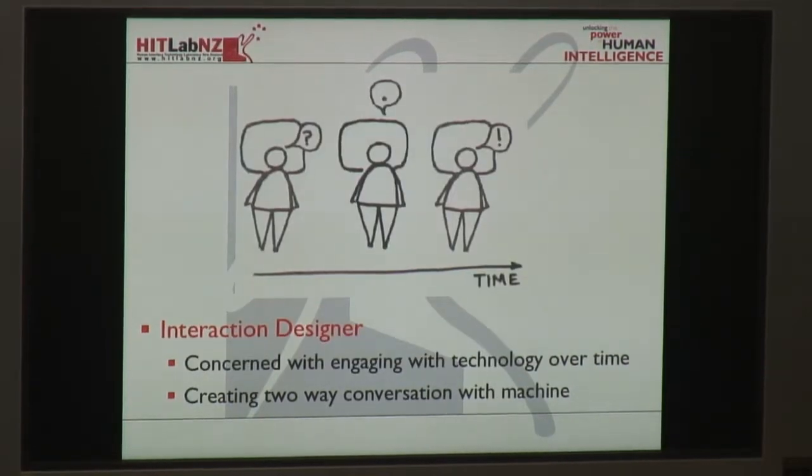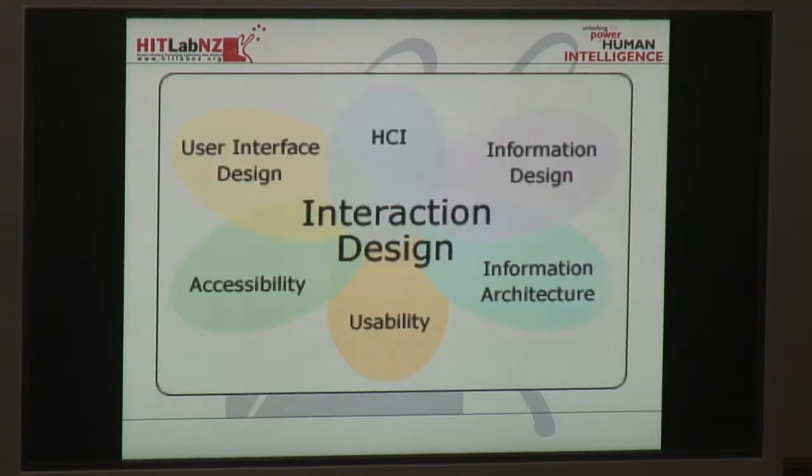And then we also talked about how interaction design is concerned with the engagement of technology over time. Oftentimes things like graphic design or interface design are concerned with the technology at a single snapshot in time, what's on the screen at a single point in time. Whereas in this case, it's more about the engagement with the technology over time and having some sort of conversation with the machine. And because of that, it involves many, many different skills. So here's a snapshot of some skills you might find in a good interaction designer.